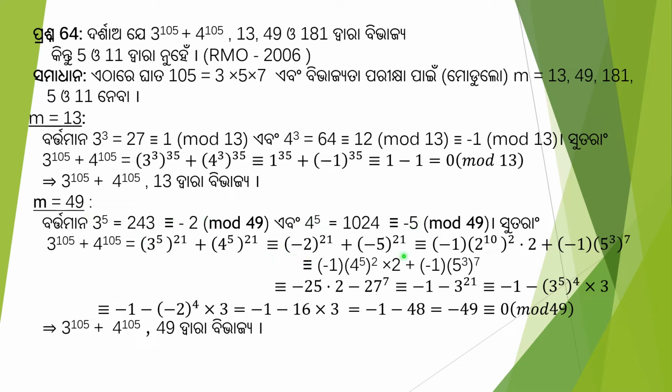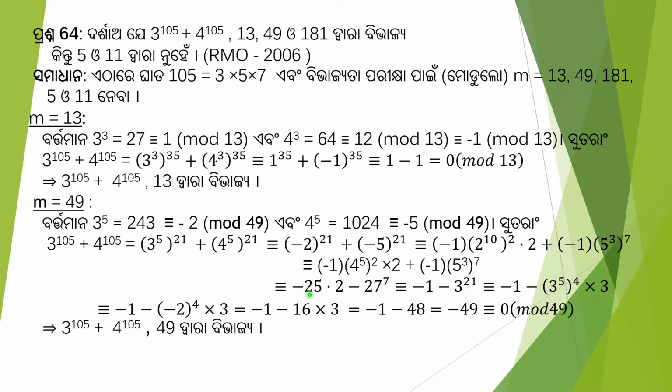That is congruent to -1 × (2^10)^2 × 2 + (-1) × (5^3)^7, that is congruent to -1 × (4^5)^2 × 2. Here we wrote 2^10 as 4^5, plus (-1) × (5^3)^7, that is congruent to